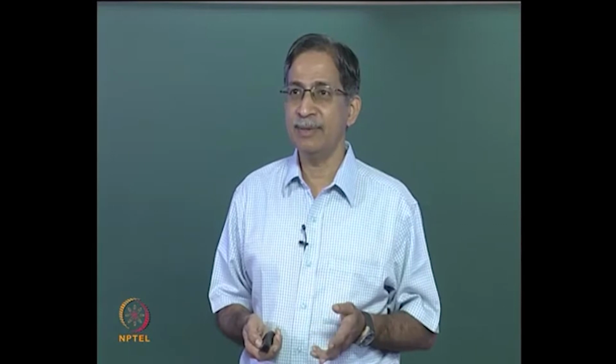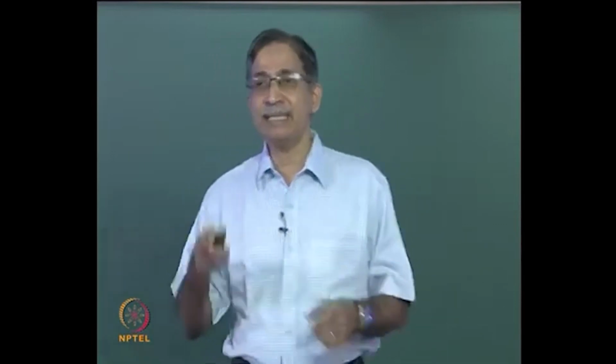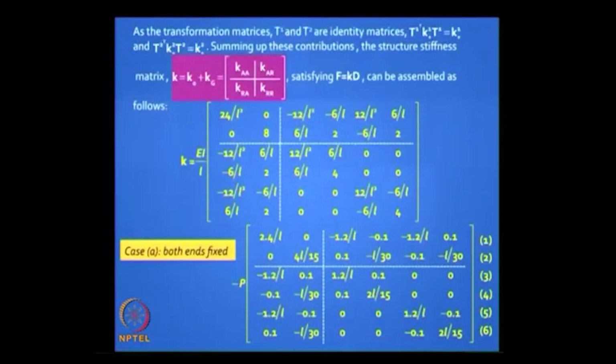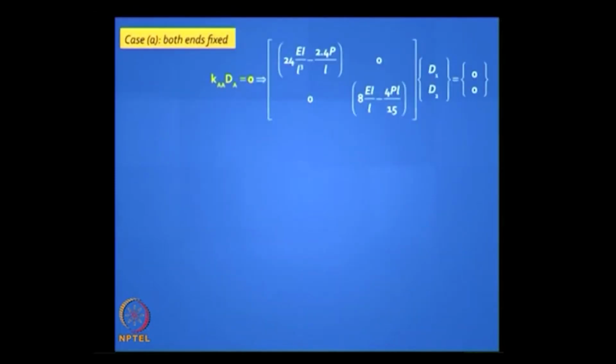So this is your determinant, and you can see very clearly why the determinant should be 0. If you go back to case A, look at the top left hand corner, KA is that portion on the left, and for the secondary it is minus P into that portion. So it is going to look like this, and if you expand it, that is the equation you get when you write down the equilibrium equation, because there is no external load acting on it. P is a load which is implicitly there, but there is no F1 and there is no F2, it is just an axially loaded column, there is no F1, F2. So